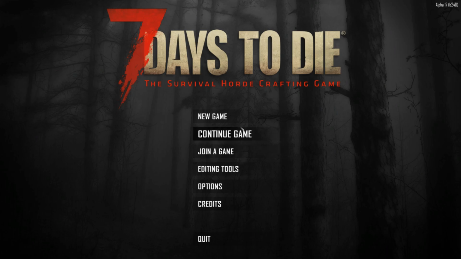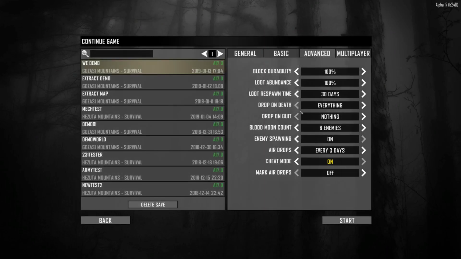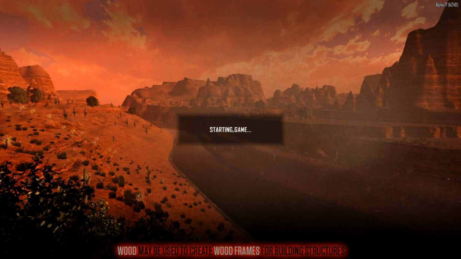Now I believe I've already got a game set up and ready. There we go, and that was the other one that I've done, but we'll just load this one up. And like I say, it shouldn't take too long, but obviously it's a little bit longer than the world editor itself. Now, I'm not a big fan of extracting from a live game. We have a lot of other things like zombies to contend with, so blocks could be getting damaged without us